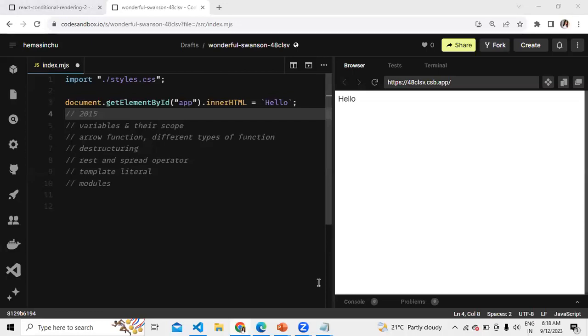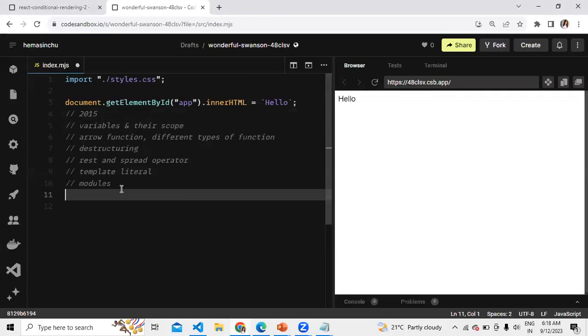All right, let's start with variables and their scope. This is a code sandbox, this is how it looks.